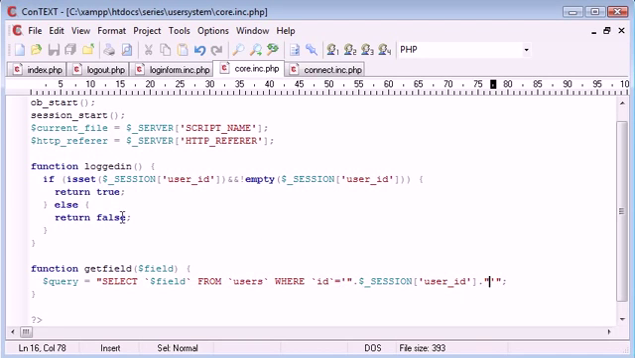Okay, so this is getUserField, we can call this, because it's only selecting from the table users. So getUserField, and we specify a field in here. Then what we need to do is we need to execute the query. So query run is equal to MySQL query,